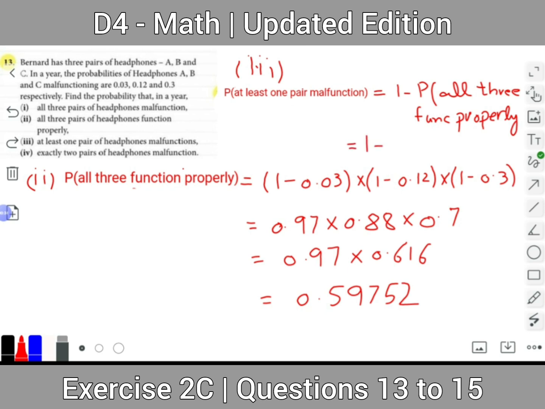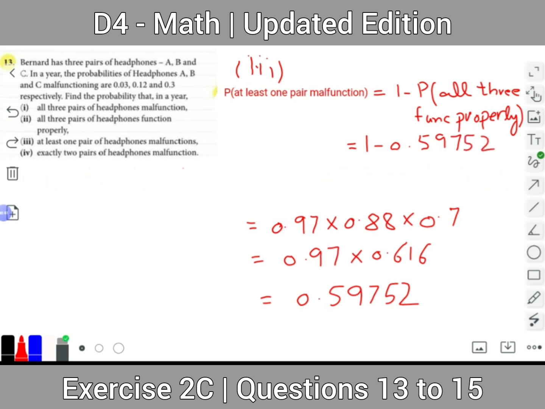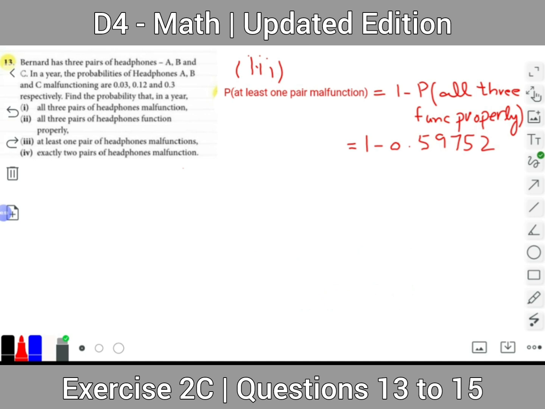And since we found the probability in part 2 for all three functioning properly, and that was 0.59752, now we will take away